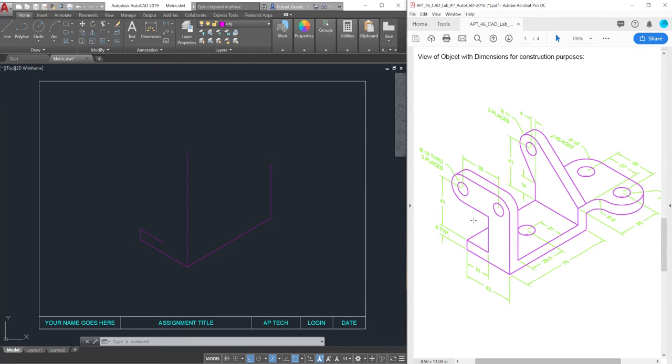I can also see that the center of this one here from this edge must be whatever the radius is on the outside of this. So if I look around the drawing, I can see that there's a radius of 11 in 3 places. That would be 1 place, 2 places, and 3 places. That's our radius of 11. So in reality, what I need to do then is this circle here from this corner here is located up 49 units this way, because that's 41 plus 8, and then 11 units that way to this center point here. So I'm going to do something that you would typically not do with